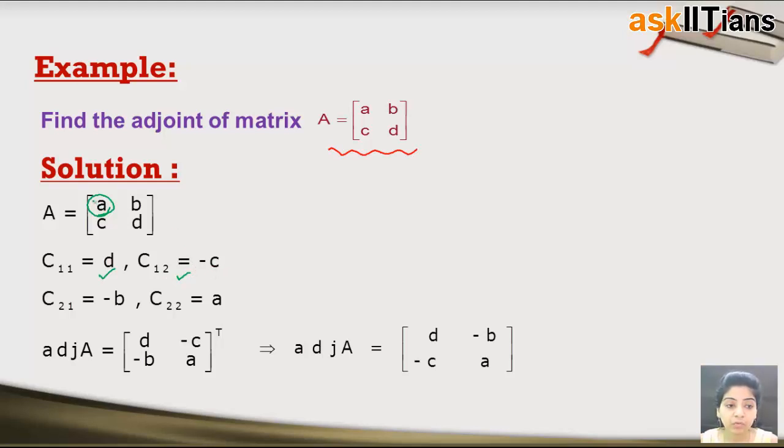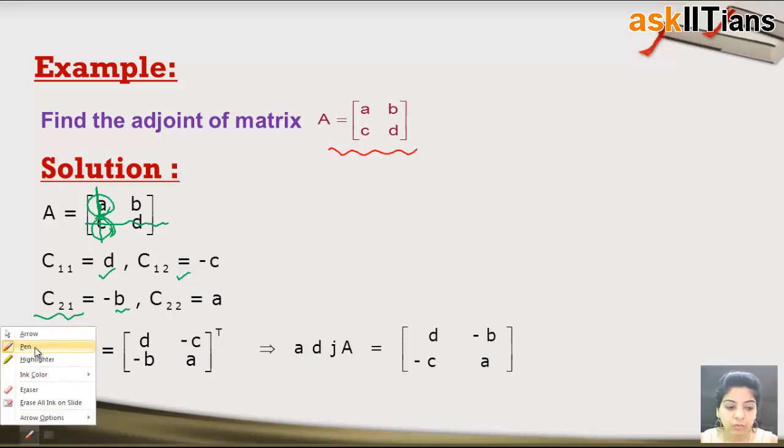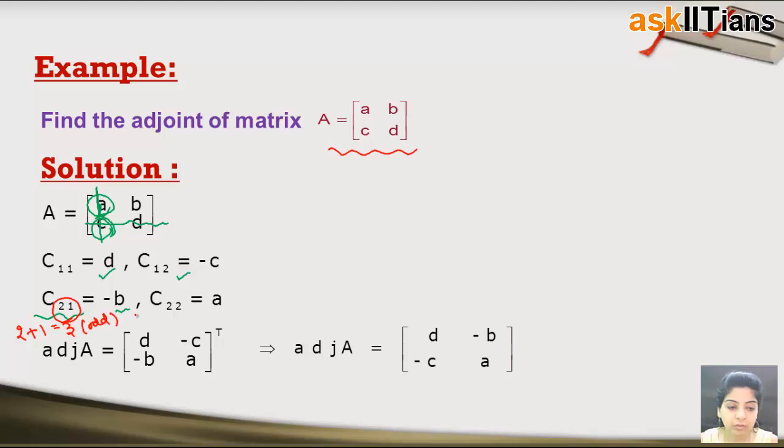Okay, if you want, I can remind you how we find the cofactors. Let's compute for this one, C21. C21 is this element. In order to find the cofactor, you just cancel out this row and this column, the row and column which coincide at this particular element. So we are left with the element B. So we get B, and then for the sign you just add the subscripts, right? 2 plus 1 comes out to be 3. This is odd, so this will give a negative sign. So we have minus B.